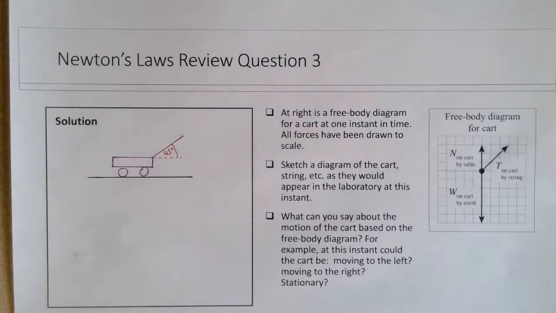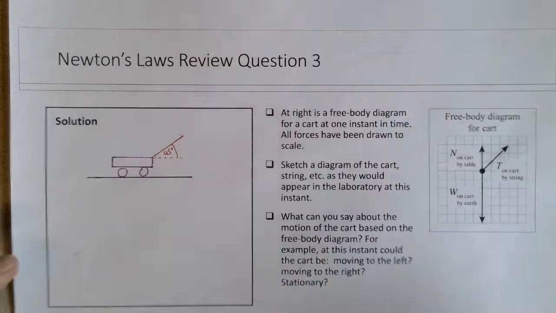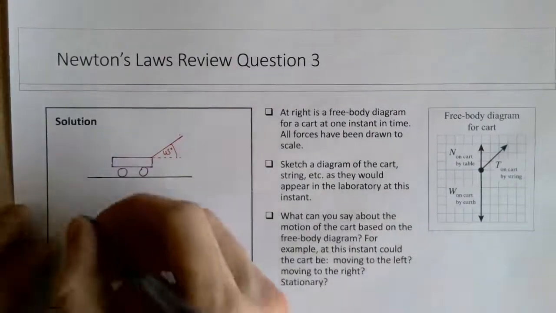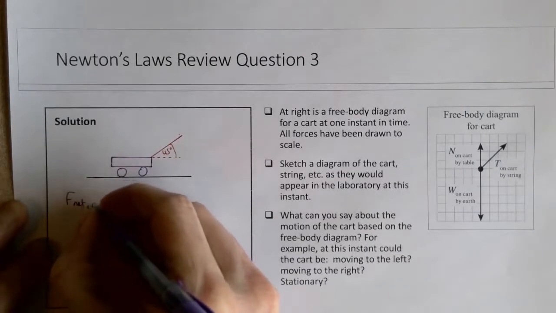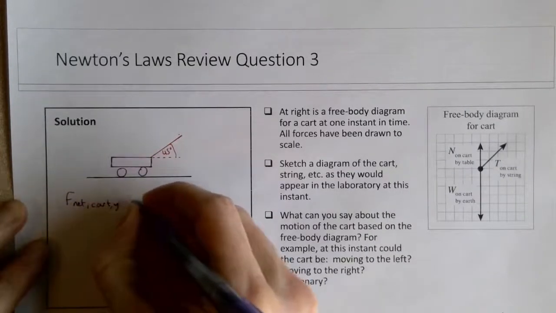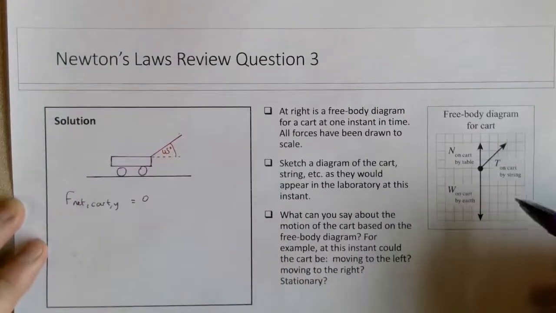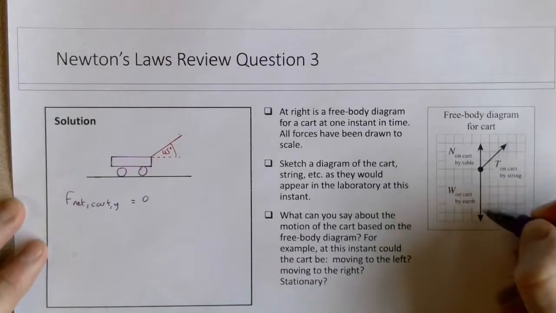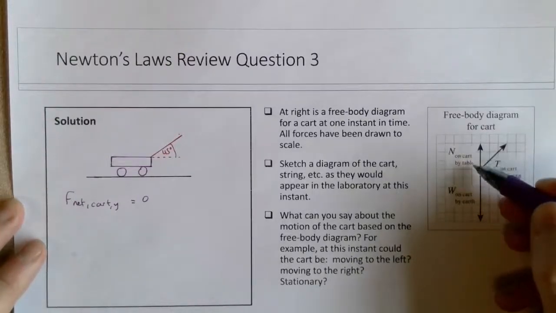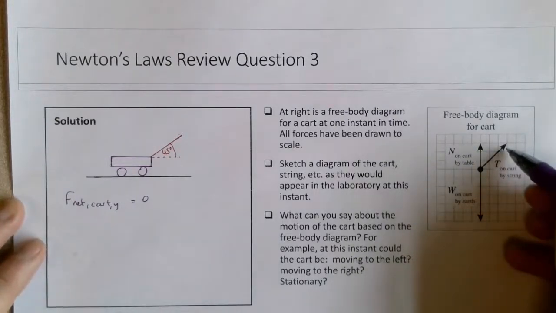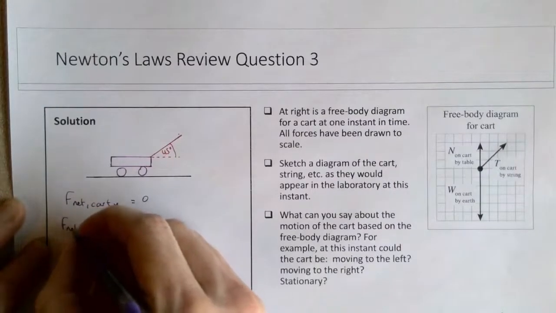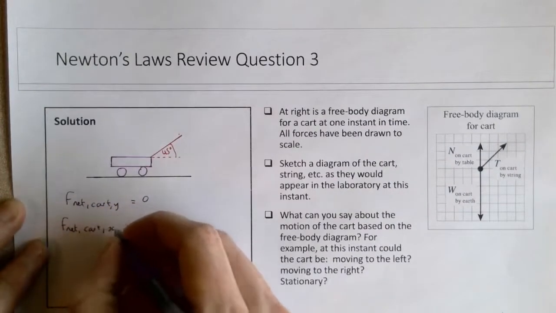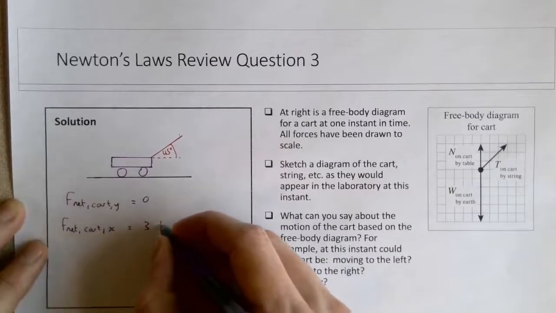the laboratory. And then the last question we're trying to figure out: what can we say about the motion of the cart? Is it moving to the left, moving to the right, or is it stationary? So what can we tell from the free body diagram? What we can state is that the net force on the cart in the y direction is 0. So again, repeating that we have 6 boxes of magnitude in the weight, 3 boxes in the normal, and 3 boxes in the tension. And then the net force on the cart in the x direction is equal to 3